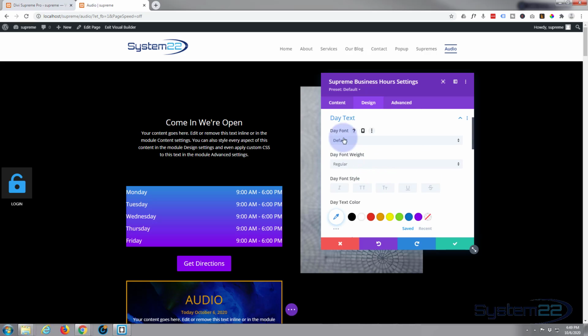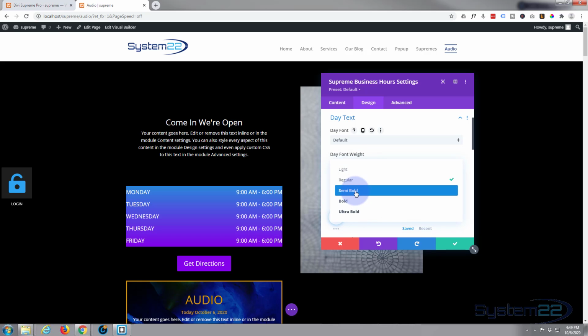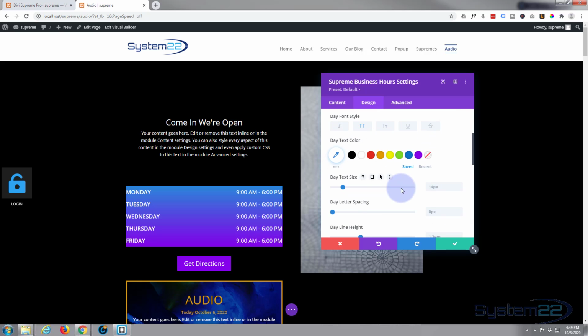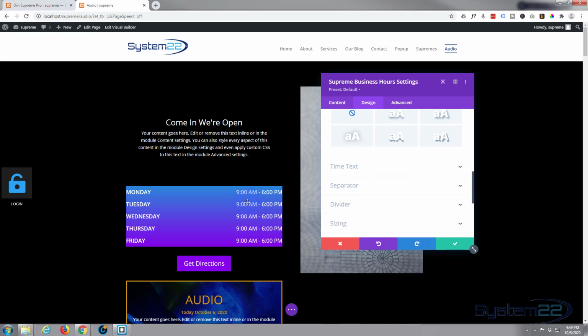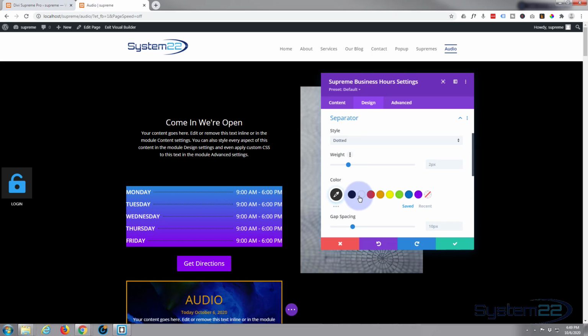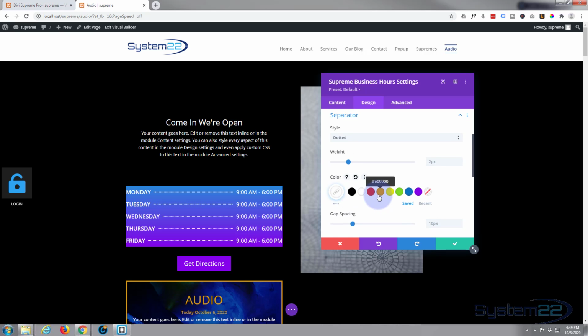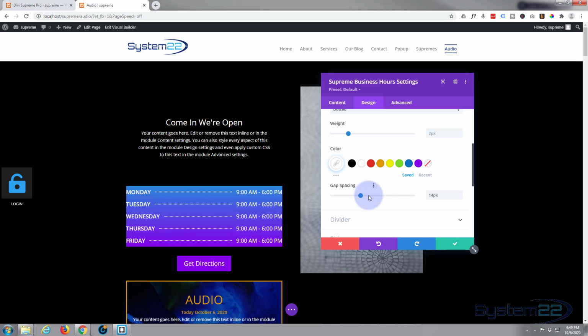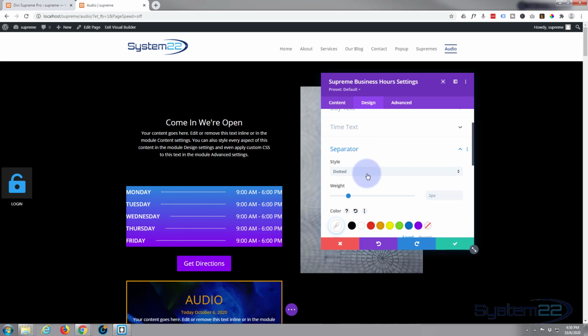You can affect these separately. The day text, for instance, let's capitalize the day text and make it semi-bold perhaps. And the same with the time text. I'm going to leave that as is. You can put a separator in between the day and the time, like that, by simply checking whichever you want. You can have a solid line, a dotted line, a dashed line. Make it the color that you want, and tell it where you want it to start, how far away from the actual wording. But I'm going to leave mine as just plain, because I'm going to put a separator in